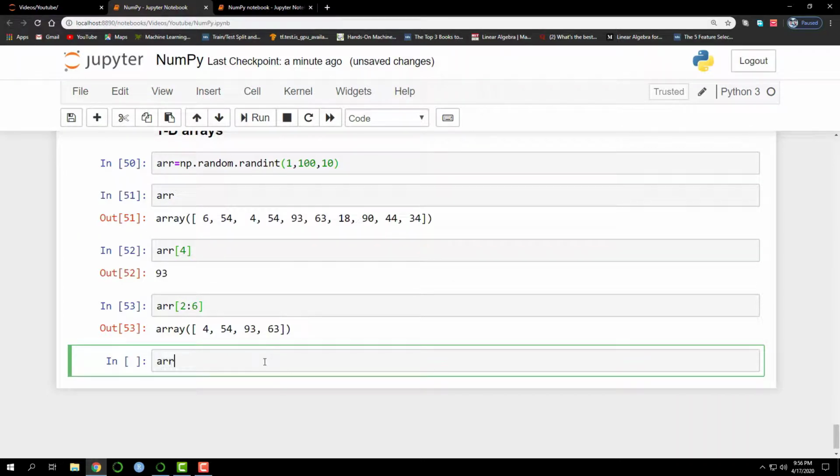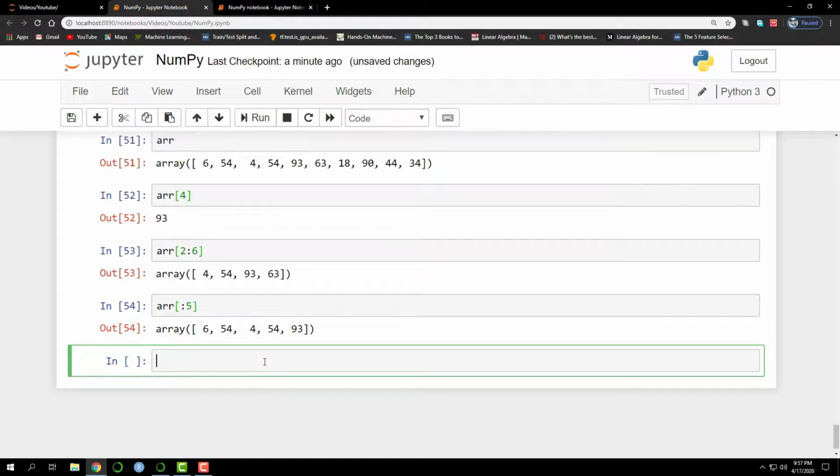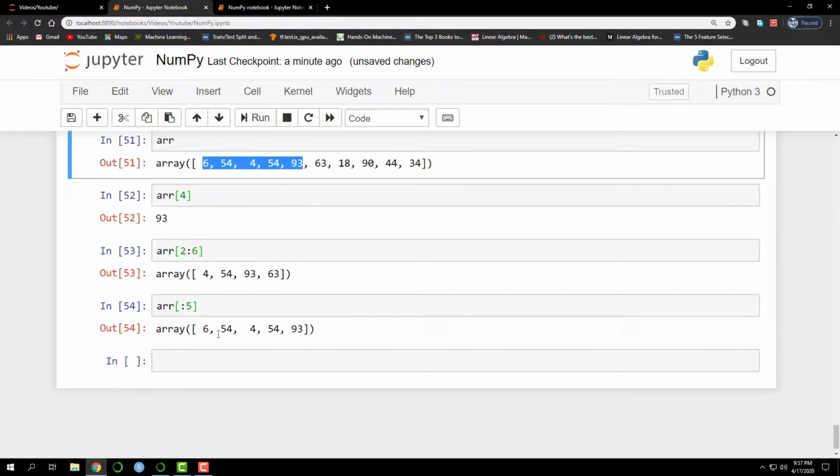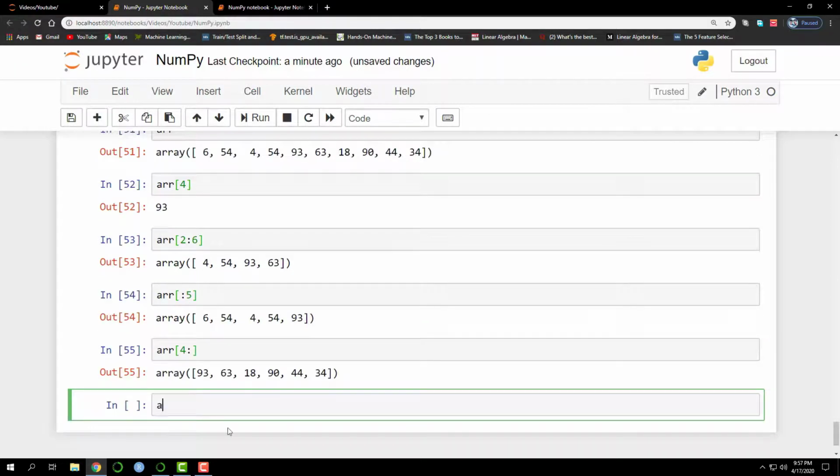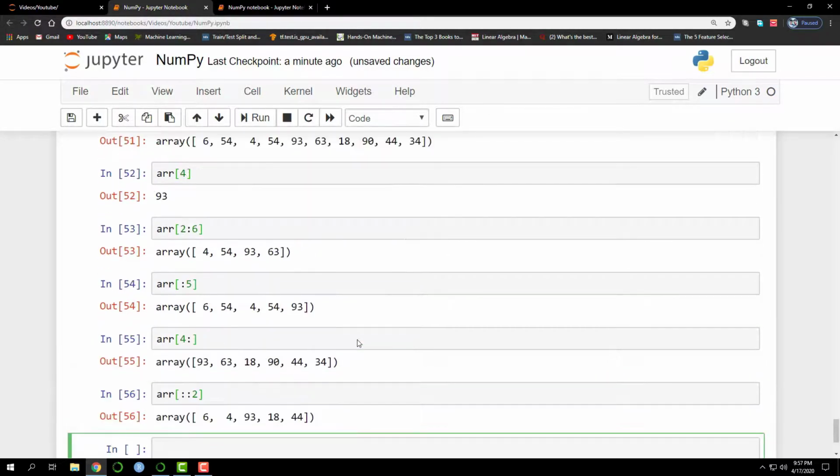To get the values from the start, you have to leave an empty space in the start value. 0, 1, 2, 3, 4, 5. 5 is excluded, so you'll get from start till 93. Similarly, to get the values till end, you have to leave the stop value empty. You can also specify a step value. I have left the start and stop value empty. That means the whole array will be selected with a step value of 2. You can see the jumping from one number to another number. This is the step value of 2.